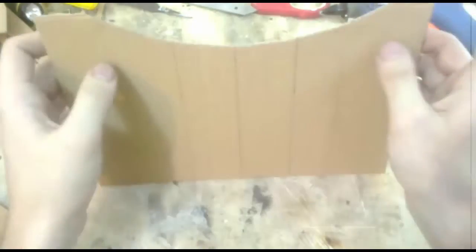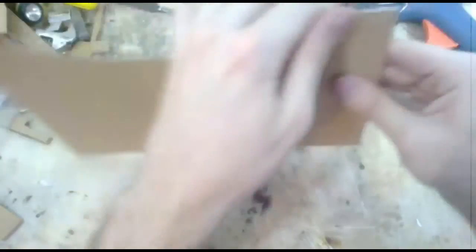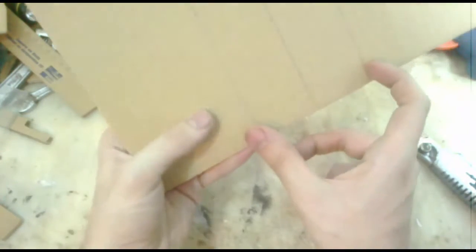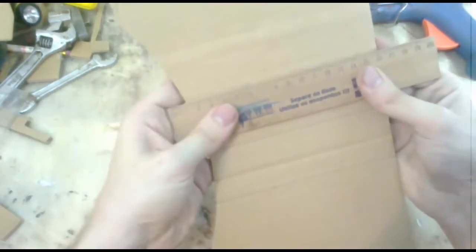So what I did here, I actually marked the center of this curve. This was just eyeballed, I didn't measure it and find the center. From there I did 4.5 centimeters to each side, so it makes a 9 centimeter wall. And then I did another 9 centimeters to each side, which will allow me to bend this, like this, and then back on the same line,